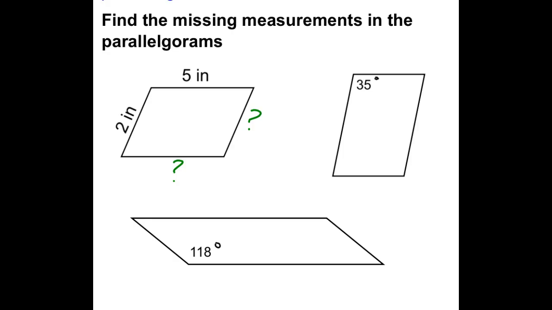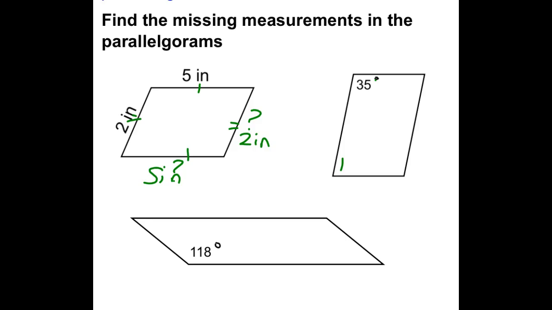Well, if you're looking at your flowchart from Chapter 6 or your notes packet, you might remember that opposite sides are congruent. So we've got 5 inches on the top, we're going to have 5 inches on the bottom. We got 2 inches on the left, we're going to have 2 inches on the right as well. Now if we look at the next picture, you got 35 degrees, that's an angle, which means you need to